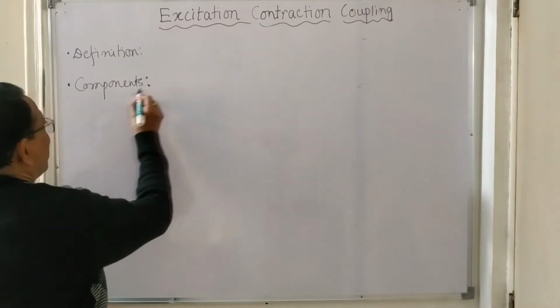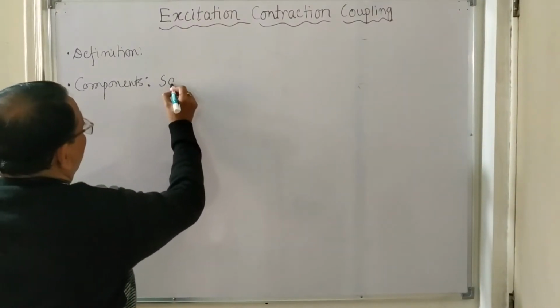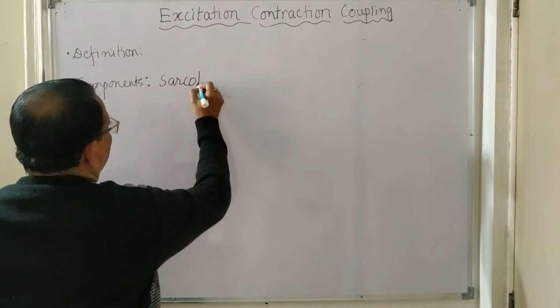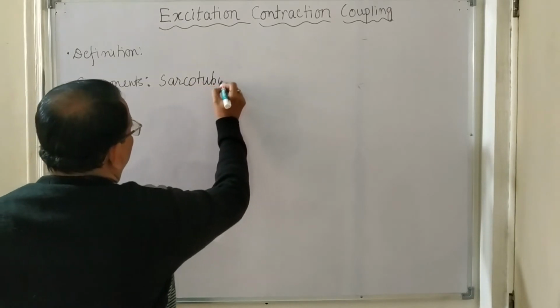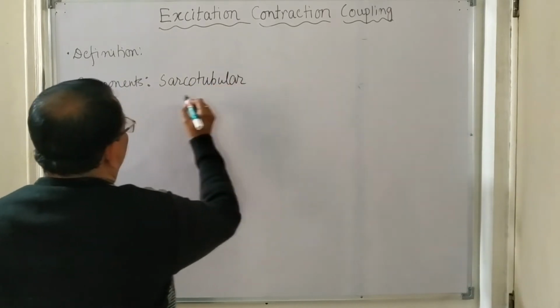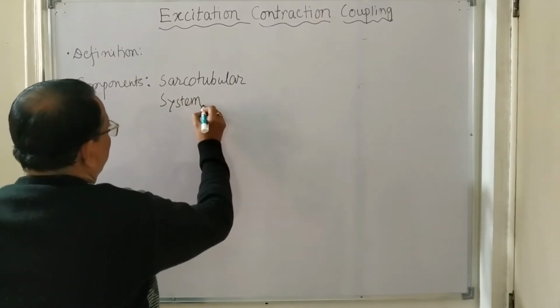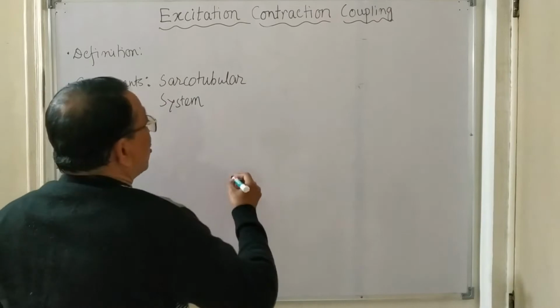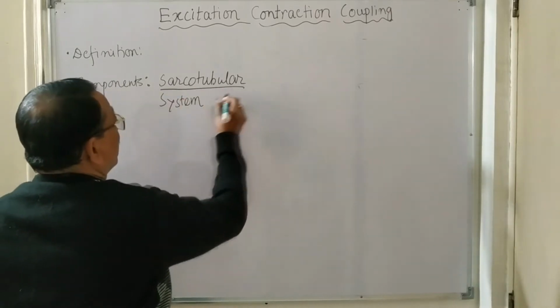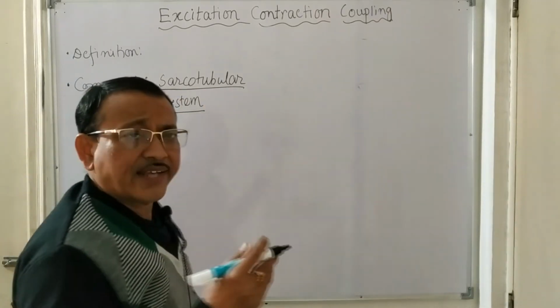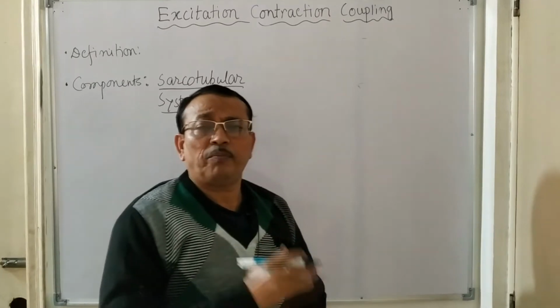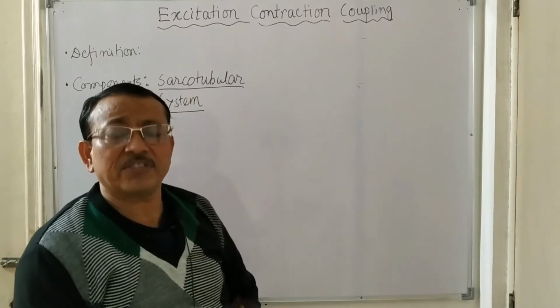What is the component? That is the sarcotubular system. So what is this sarcotubular system? It is a specialized system present in the skeletal muscle,